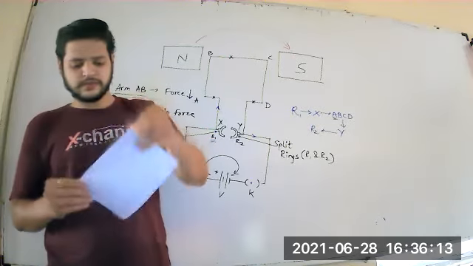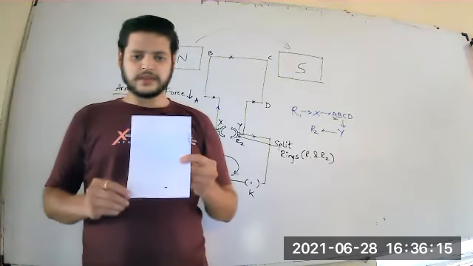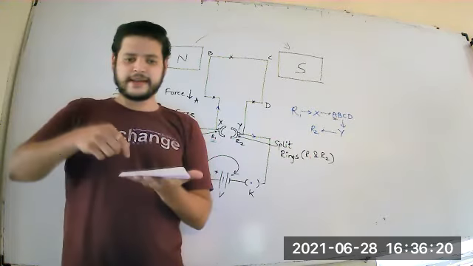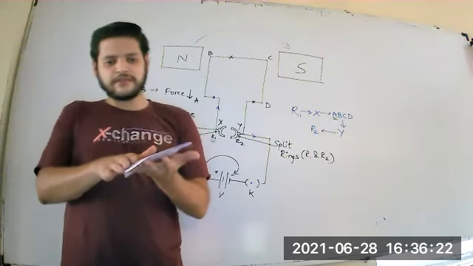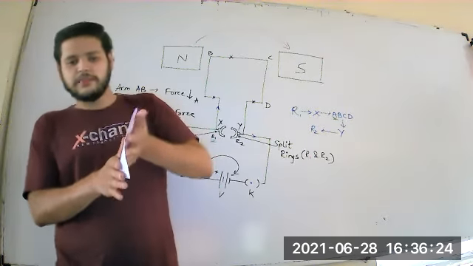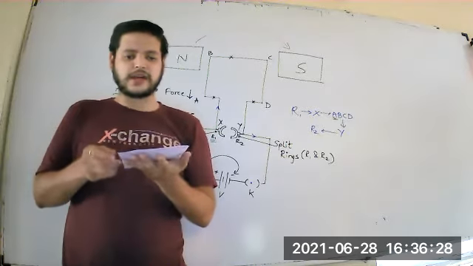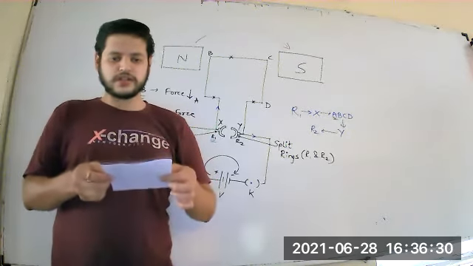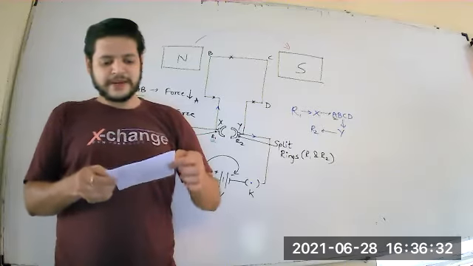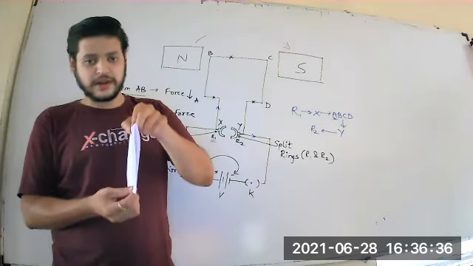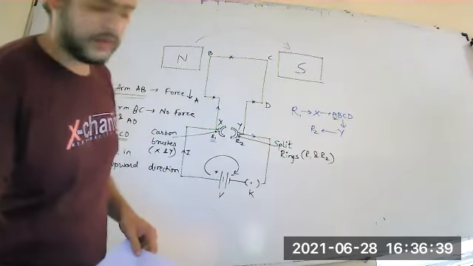Let us do it like this. So this is A, B, C and D. Current is entering, so this arm will go down and CD will come up. Now this is your 0 degree, which means when it starts, your coil is horizontal. When it completes 90 degree rotation, see what happens.